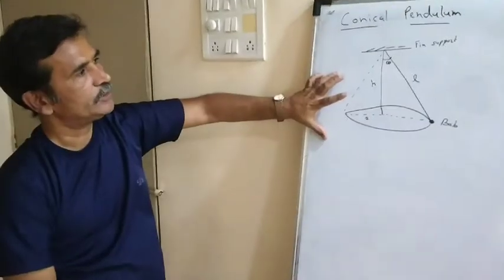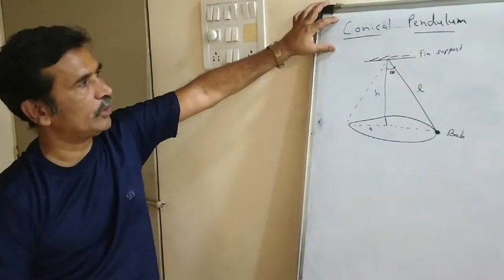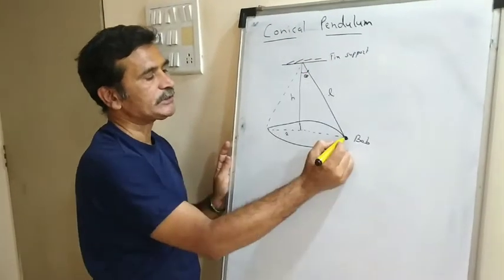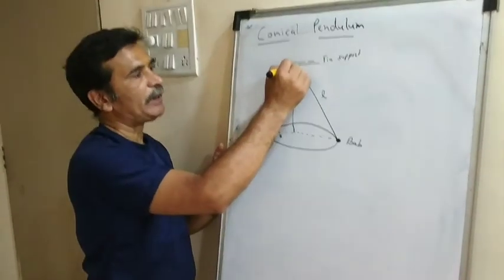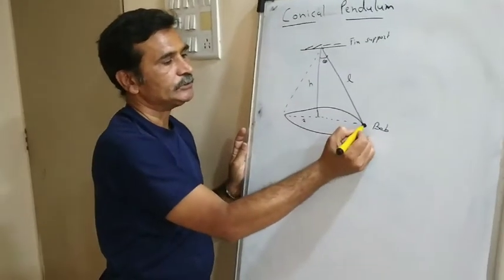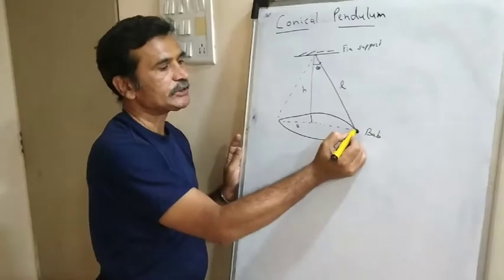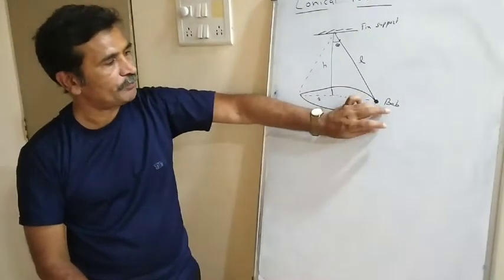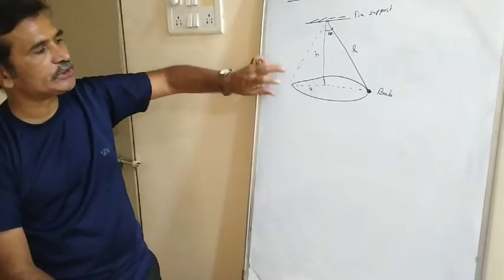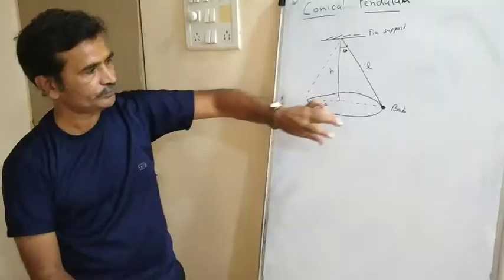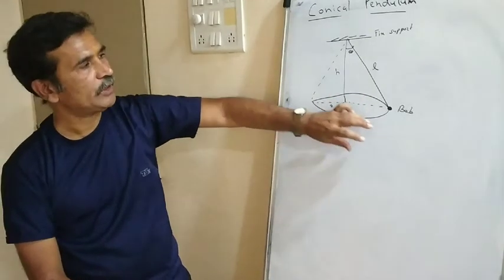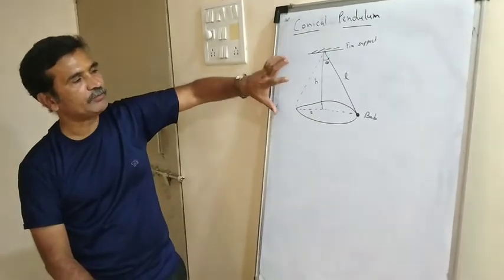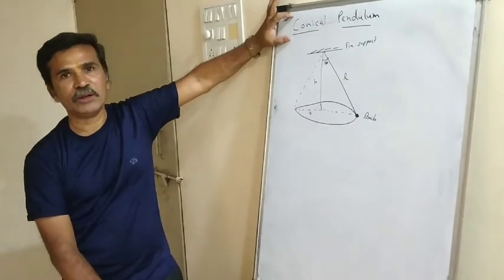Let us see. This typical figure tells us the concept of conical pendulum. What you observe here, there is a fixed support and there is a simple pendulum. What is a simple pendulum? A string suspended from a fixed support, and at the other end a small spherical body is connected. This small spherical body is called, in scientific language, a bob. A bob is adjusted in such a way that it describes horizontal circular motion and the string describes a conical structure. Such an arrangement of simple pendulum is called a conical pendulum.